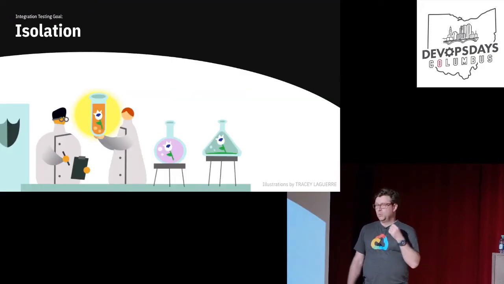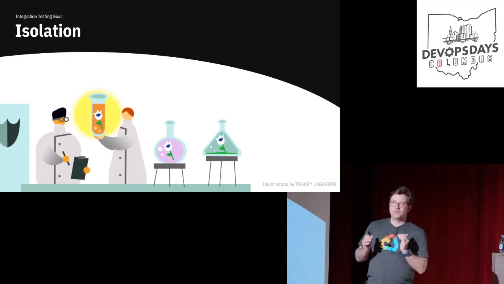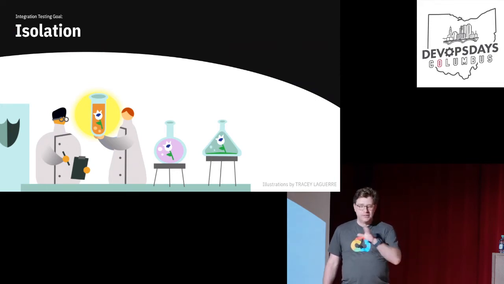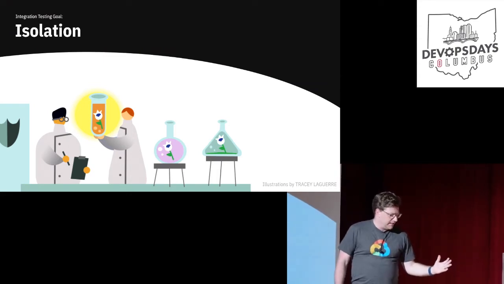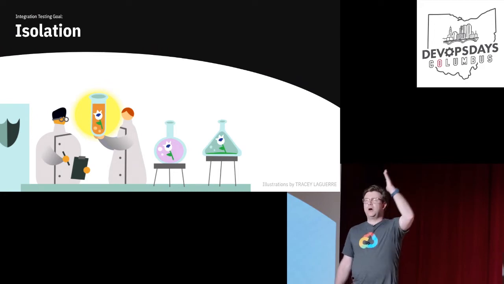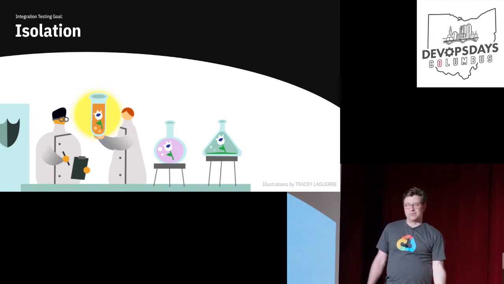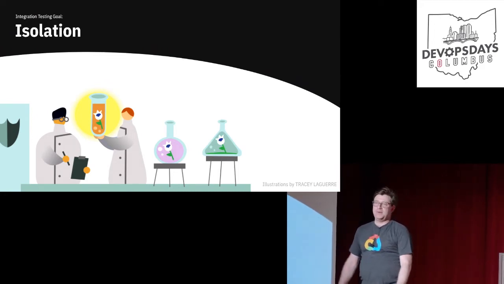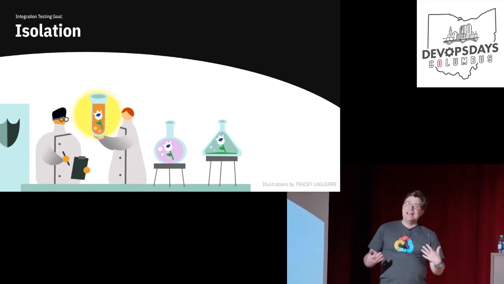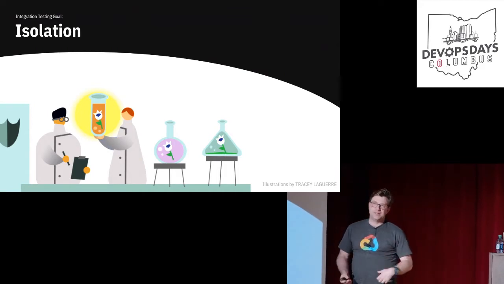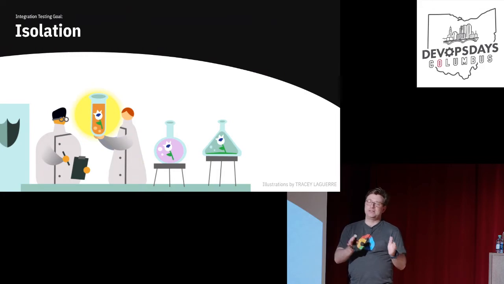Isolation. We want to make sure that the test can run on its own. Has anyone had the experience of you're running a test, it's going along, and then all of a sudden, what the heck happened? So you shout across the room, yo, what's going on with staging? And someone shouts back, oh yeah, I dropped the database because I wanted to see how long it would take to restore. And you're like, so now I got to start my test all over again. Ideally, we would like our test environment to be dedicated to our tests and to stay consistent throughout the entire